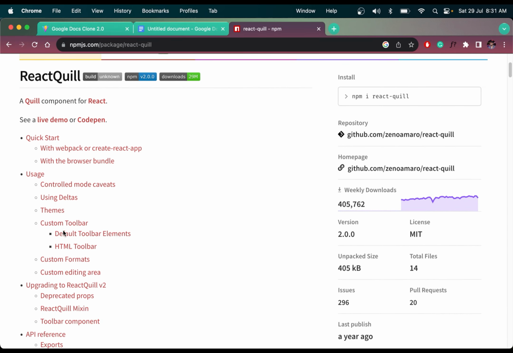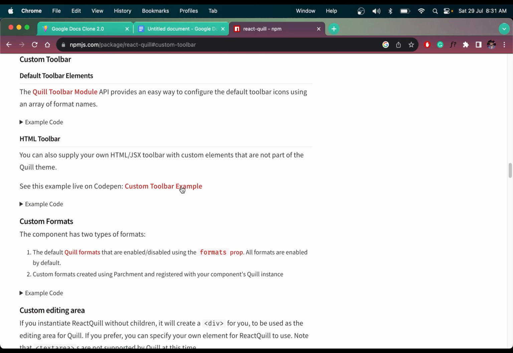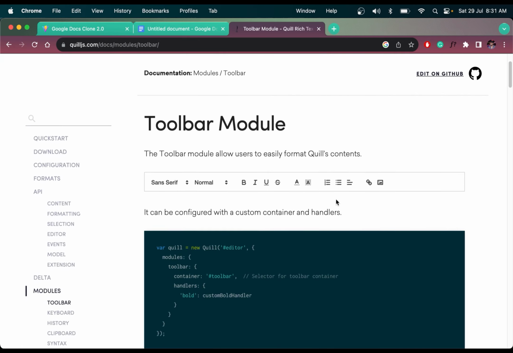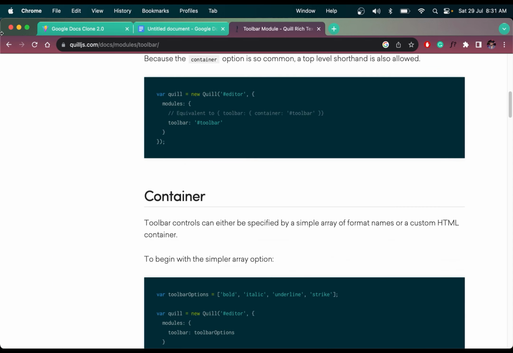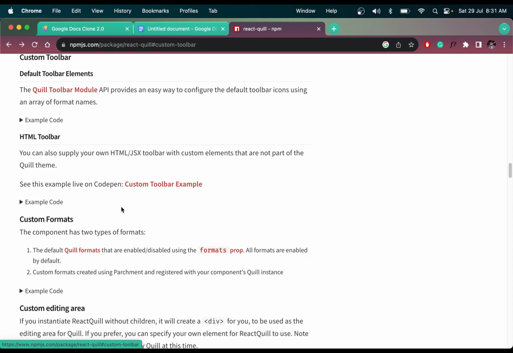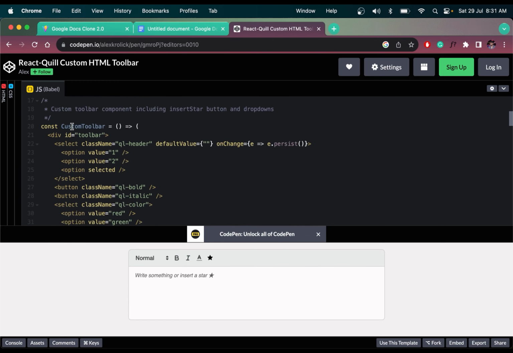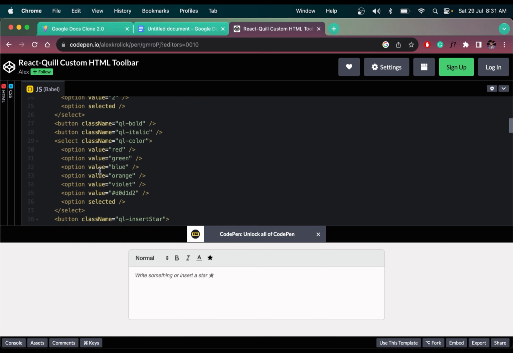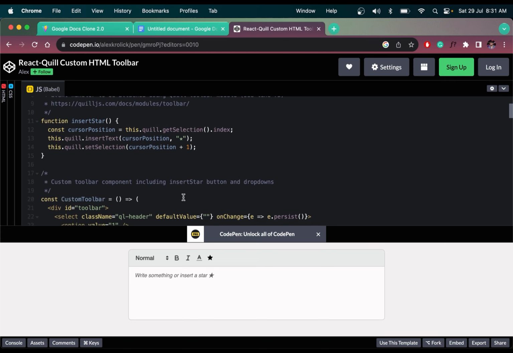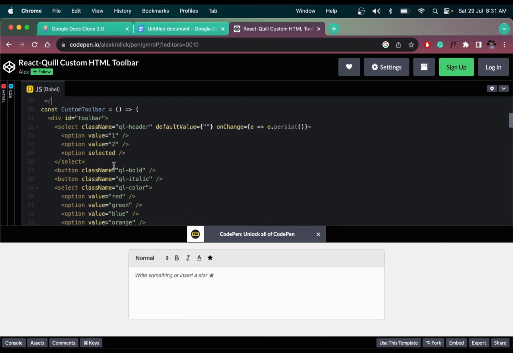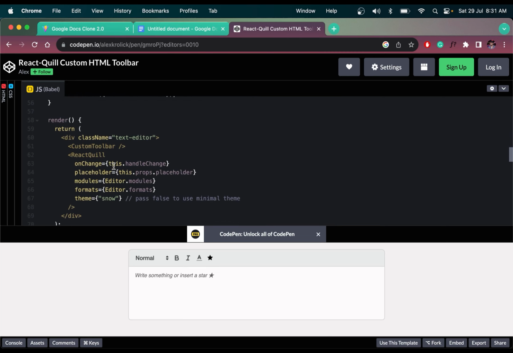So do we have toolbar option here? We can say custom toolbar. Click it. Custom toolbar example. Let's try this API. This is for the quill, not for React quill. So if I come to custom HTML toolbar, we are having this toolbar here. So it is here, it is an object or a function which has all the data. So what we can do is, okay, we can pass modules and formats,